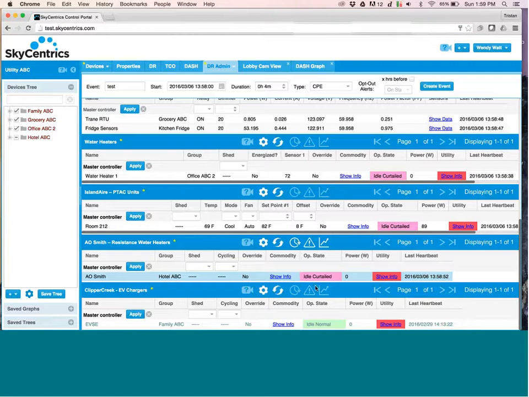So right now, you can see, for example, the PTAC right here is offset. So the offset is 8 degrees during a critical peak event. It used to be at about 76 degrees. So the cool mode has offset it by 8 degrees. The A.O. Smith water heater is curtailed. The power is at 0,